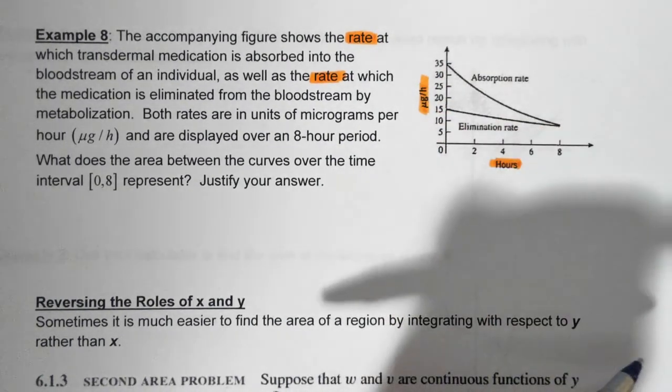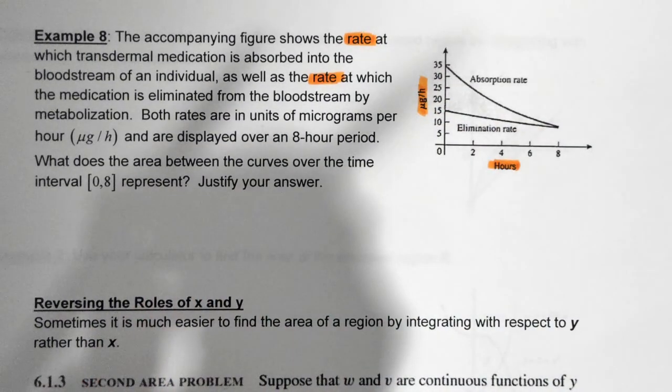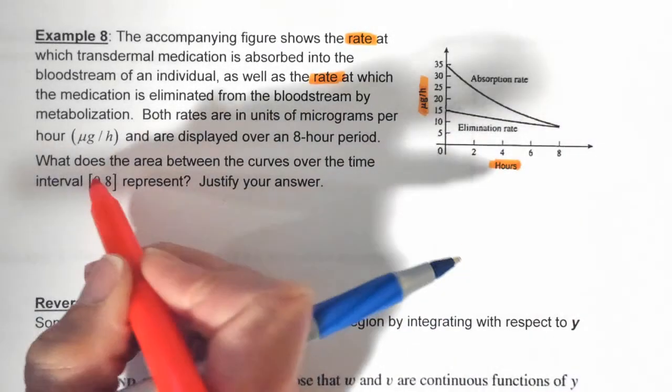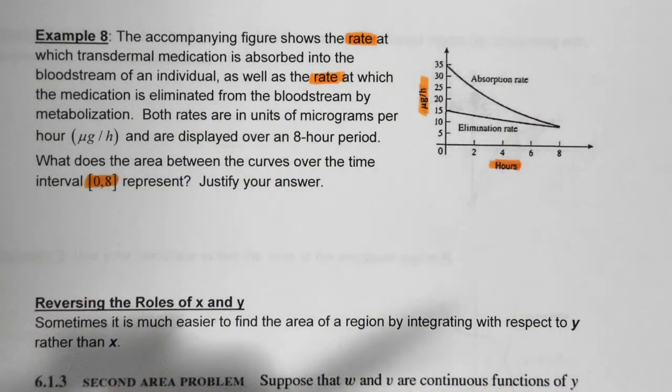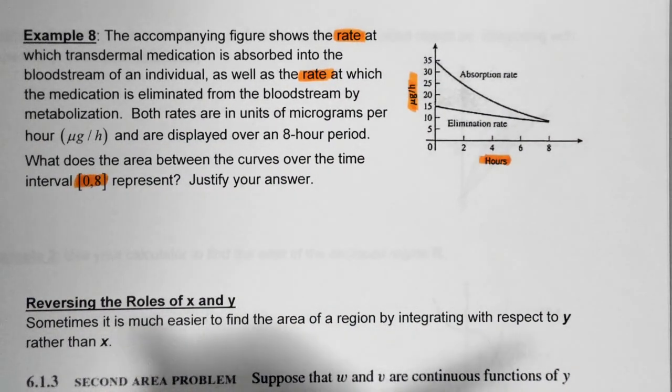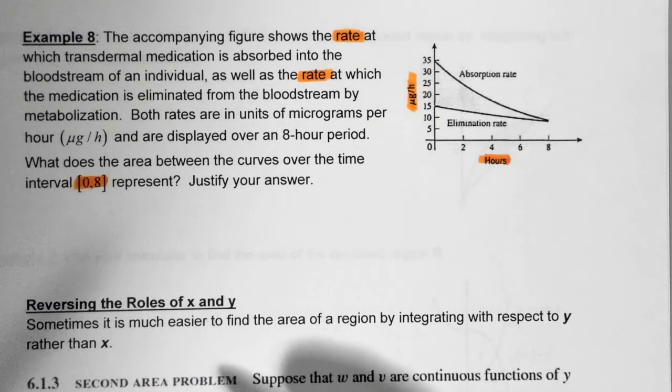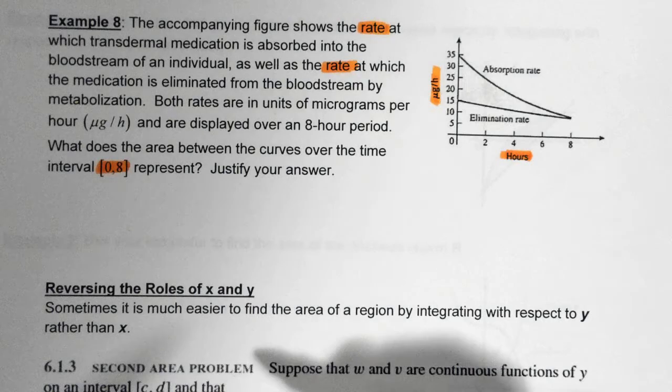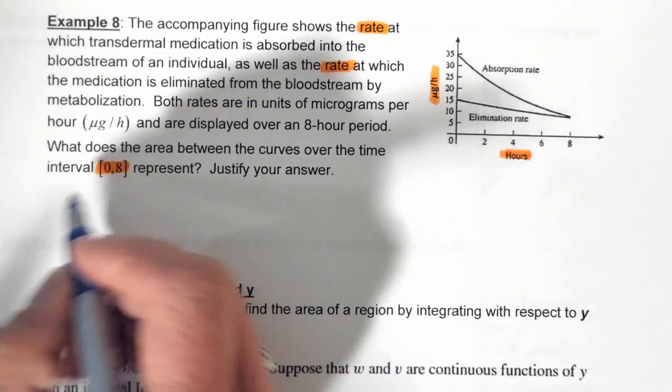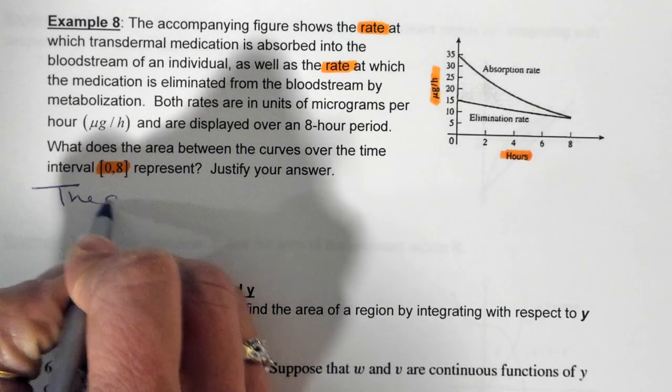This is really important. So what does the area between the two curves over time, which is 0 to 8, represent? Gabe. That integral represents the total amount of blood absorbed into the bloodstream over the 8-hour period. The total amount of blood? Yeah, okay. If your blood is absorbing blood. Okay, that's okay. So the area between the two curves